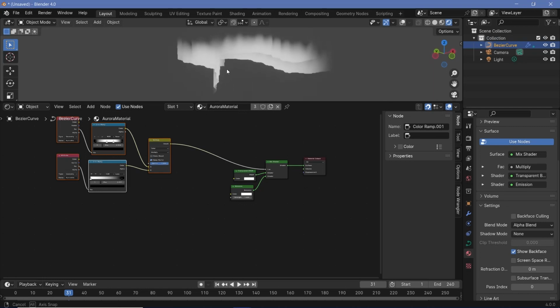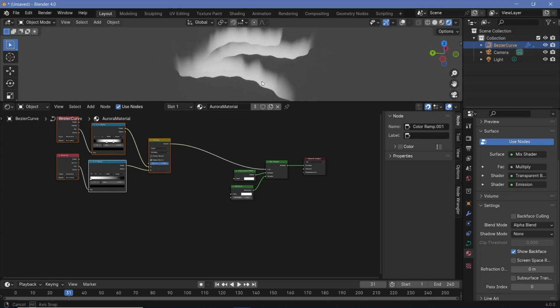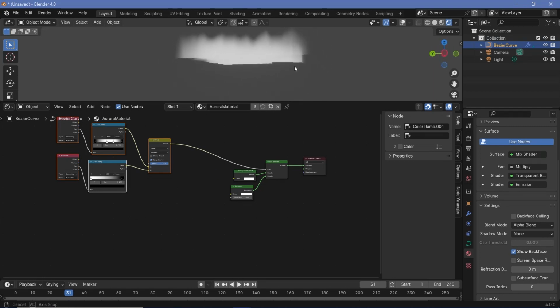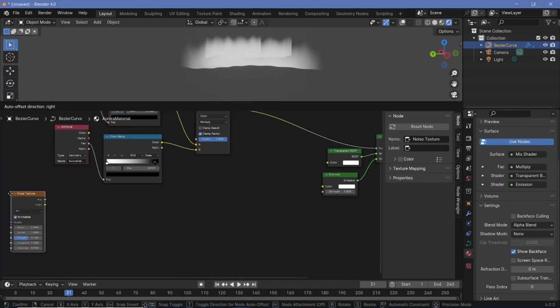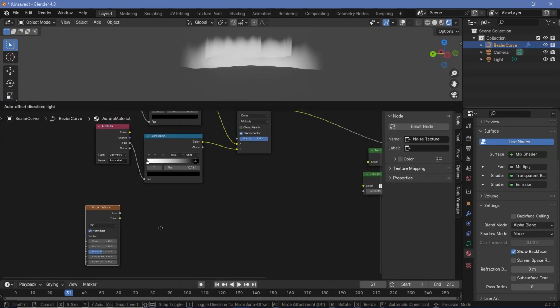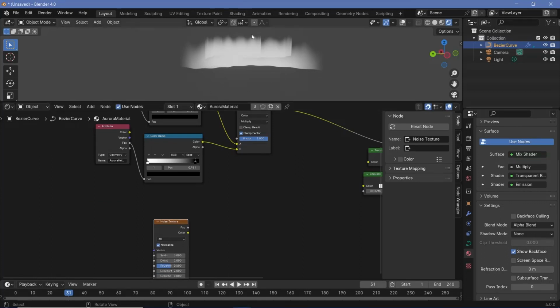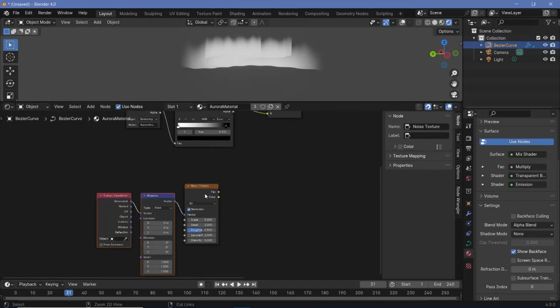The next thing is, obviously the Aurora isn't just going to be straight one single color. I want certain areas to have streaks of light, and the other areas should become transparent. So we're going to do that using a noise texture. So let's search for a noise texture, and also I want this noise texture to be basically vertical lines. For that, I'm going to press Ctrl T to get the texture coordinate and mapping nodes